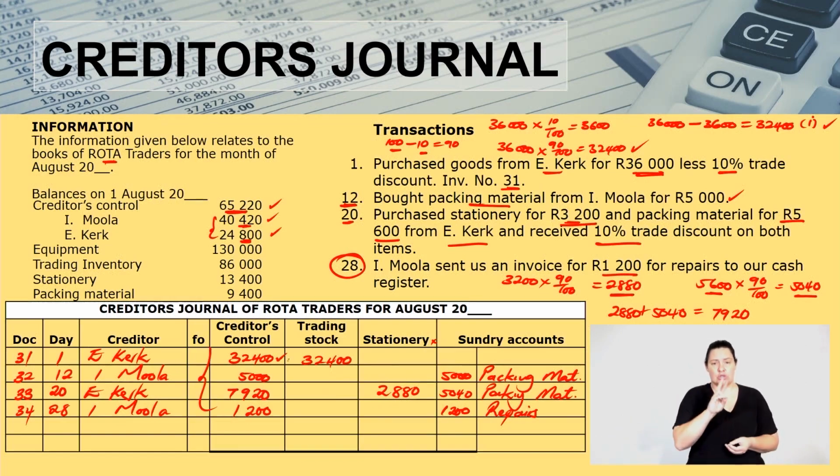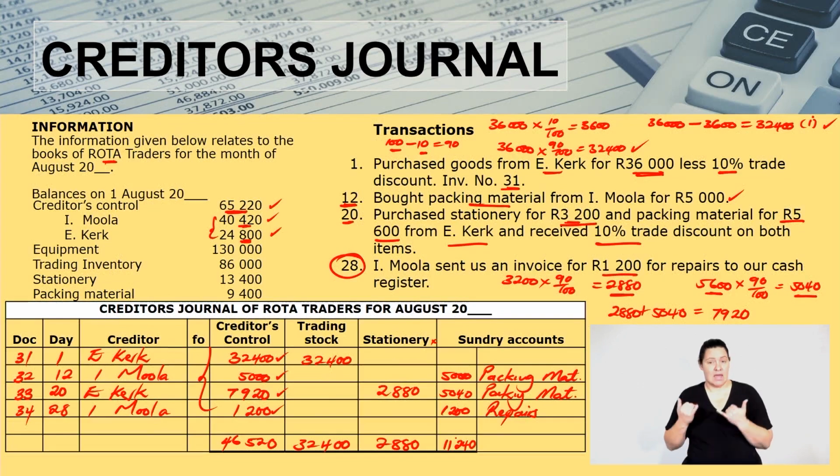If you add your 32,400 plus 5,000 plus the 7,920 plus the 1,200, you should get a total of 46,520. Let's quickly come to the next one. Here, it's just going to be 32,400, stationery, 2,880, and then lastly, on your sundry accounts, you will have